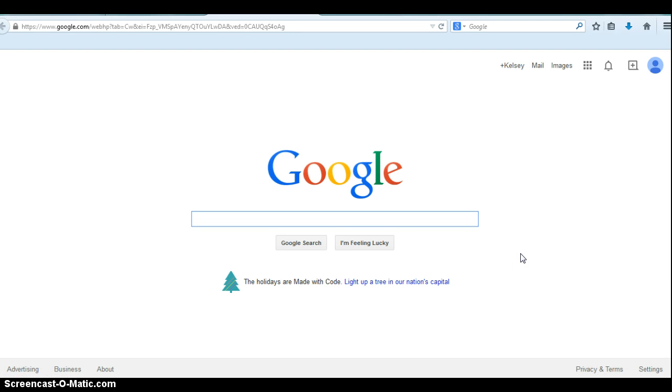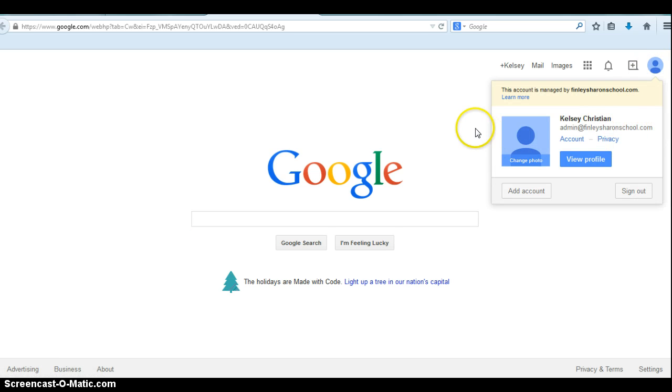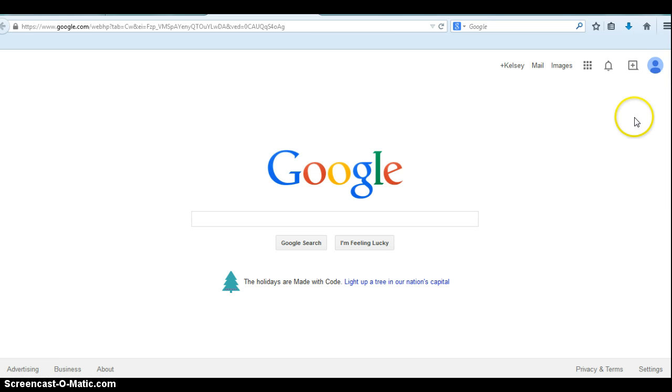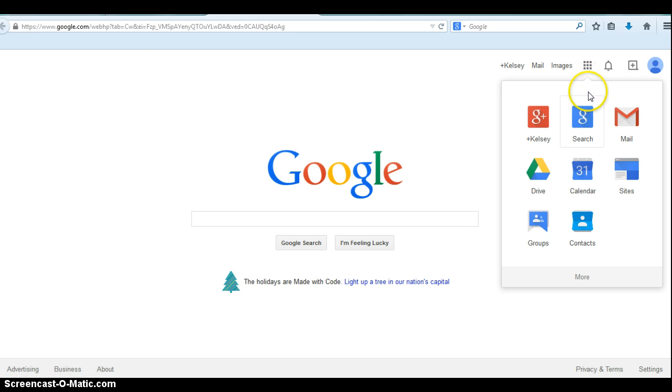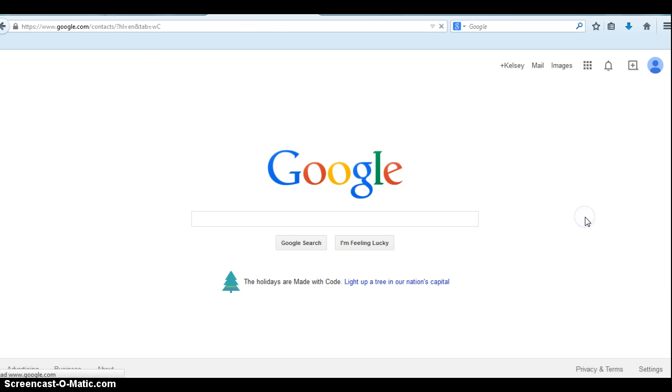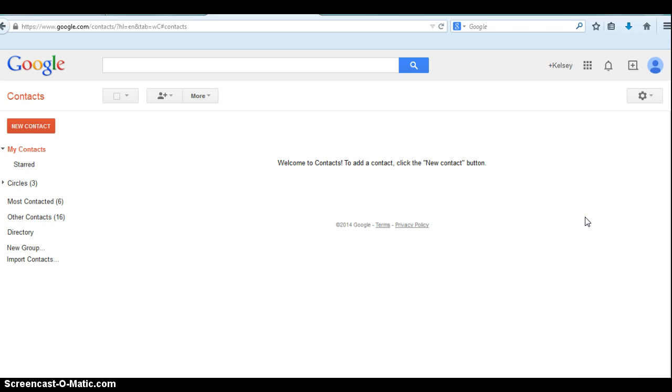In this tutorial, I will quickly show you how to add or import contacts into your Google Mail. So first things first, make sure that you're signed into your account, that you see your username up here in the upper right hand corner. That's your account profile. And then what you're going to do is simply click on the apps icon and select contacts. From here, you'll notice on the left I have my contacts, circles, the people I've contacted